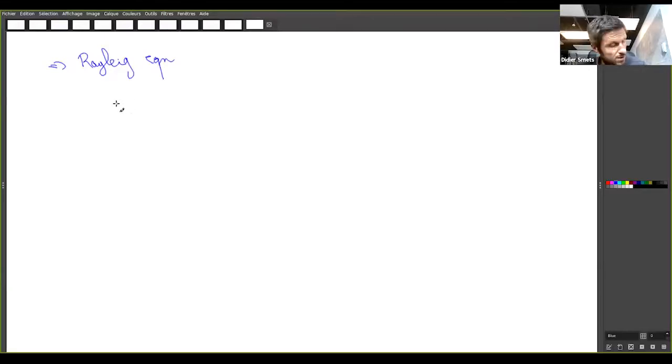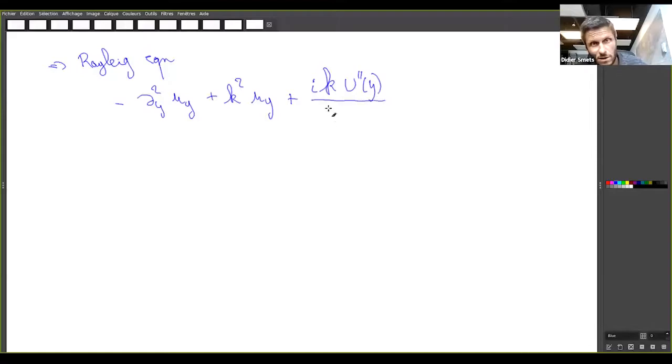Which I did the computation for you, is the following. D2y Uy plus k squared Uy plus, so there's a complex term here, ik u second of y over this gamma that I defined just before, gamma of y times Uy is equal to 0. Okay, and now you multiply by Uy bar, and you integrate by parts, and then you get this quadratic relation, dy Uy squared